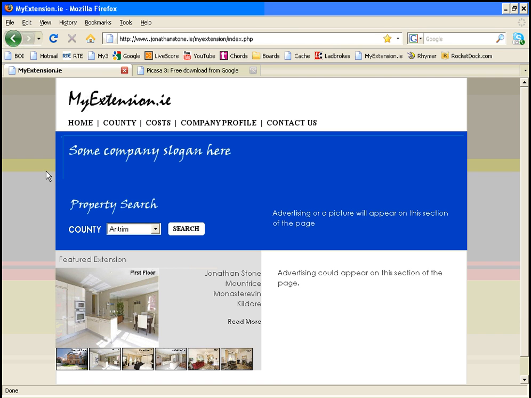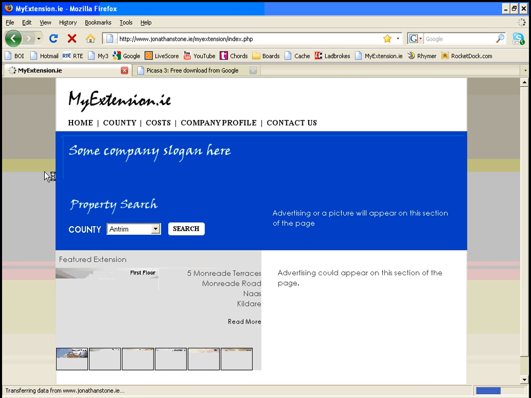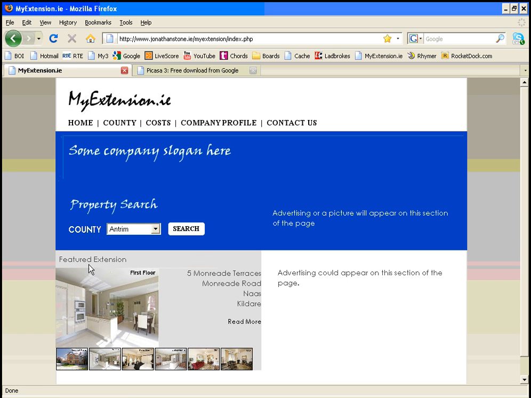Okay, what I've done is, well, you'll need to click F5 to refresh this page. So when you click F5, you will see there I have set this section of it to pull the latest record from the database. So for your purpose, when you're trying this out, when you upload a record, come back to the index page, hit the F5 key, and it will refresh and will show your record, hopefully, if it's been